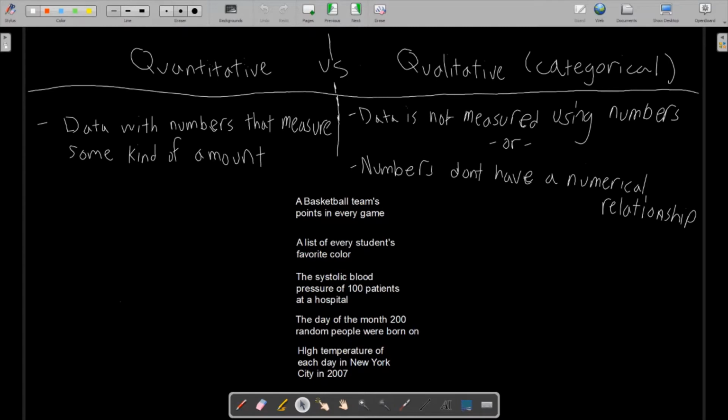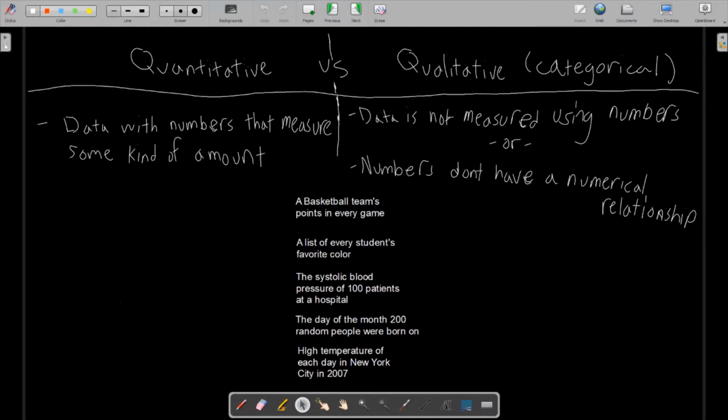So, data in general, we can classify into two categories: quantitative and qualitative data. Now, the main difference between the two is quantitative data has numbers that measure some kind of amount. So, usually it will be a numerical value that has context. For example, any kind of temperature, or a measurement of length, height, weight, and so on would be